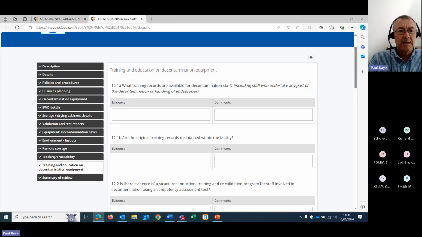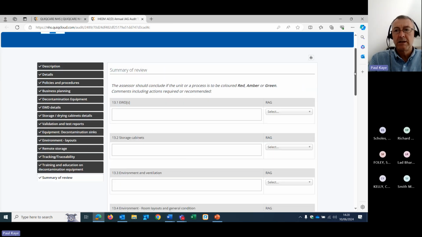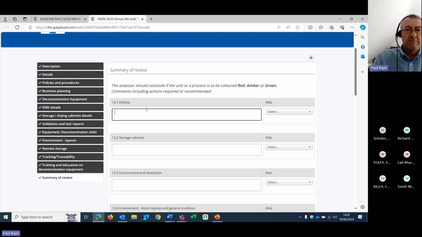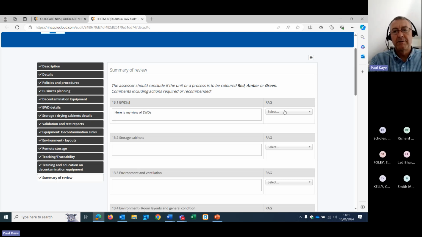And at the end of the audit process, the AE can make an overall judgment. Here's my view of EWDs. Overall, I think it's fine, so I'm going to say it's green.